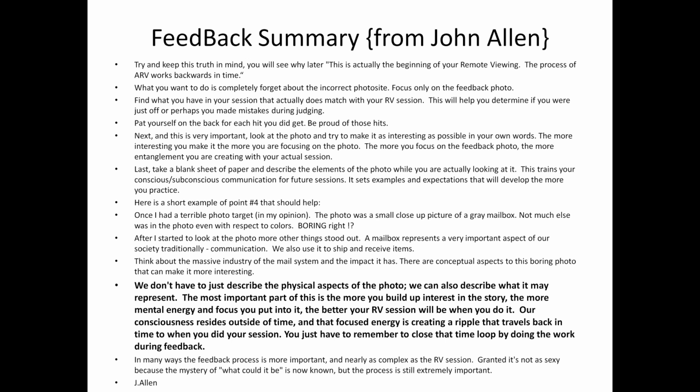Yeah, you can make it conceptually. You stretch your mind a little bit and try and make it interesting. It's not always easy. But I think you get the idea just from a gray mailbox, like blah. How are you going to make that interesting? Especially since it's a close-up. But kind of stretch your mind and think about how you can make it interesting. It actually does mean something conceptually as well. You gave an example, sort of after the fact. Let me give you an example of somebody who did the same thing,